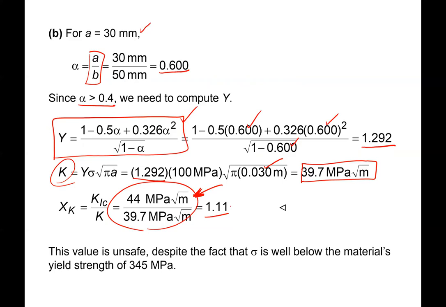The other thing we should point out here is that we're at 100 megapascal stress that's being applied. Now, something like the yield strength of this material is 345 megapascals. So this fracture that's occurring is well below the yield strength of the material. Okay, so sometimes the yield strength isn't really the important parameter, but in fact, fracture toughness becomes much more important. All right,